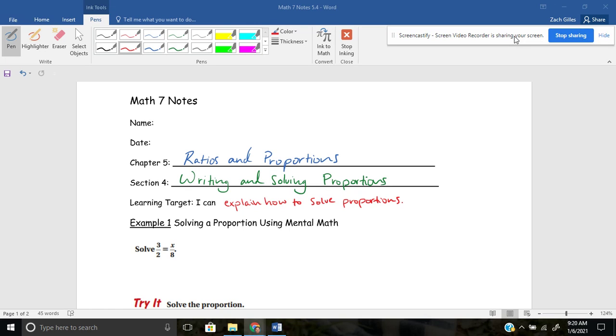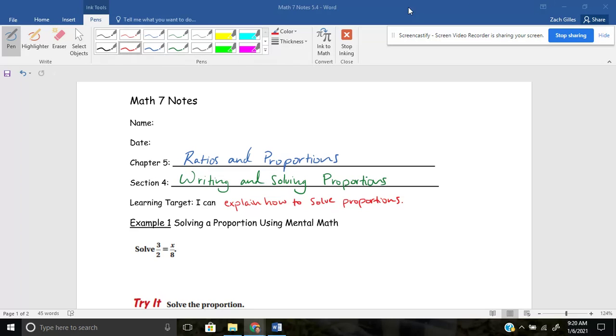We are going to check out 5.4, where we're going to talk about how to write and solve proportions today. For our learning target, we have: I can explain how to solve proportions. I'm going to show you, I think, 3 different methods today on how to write and solve proportions. So hopefully one of them resonates with you and can help you figure out how to do these types of